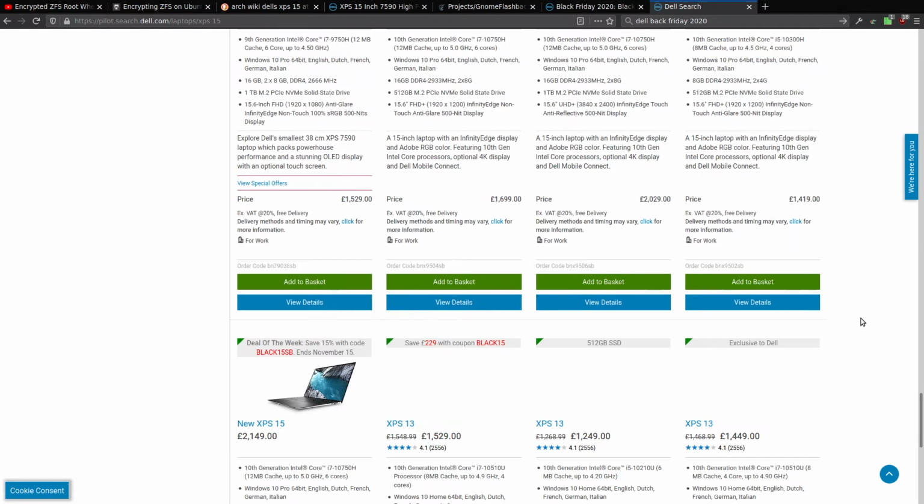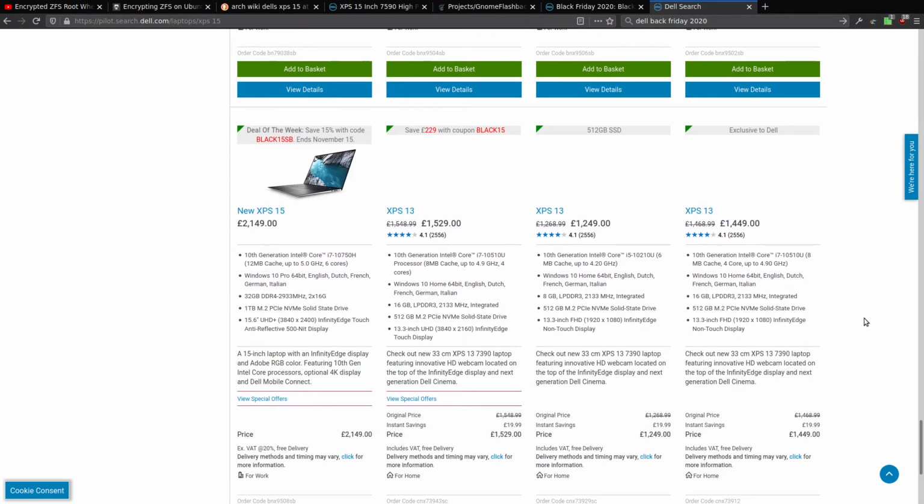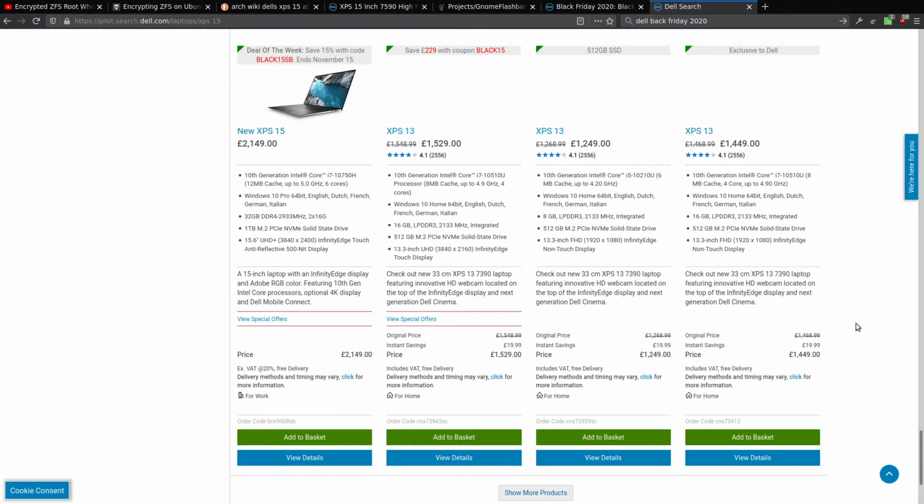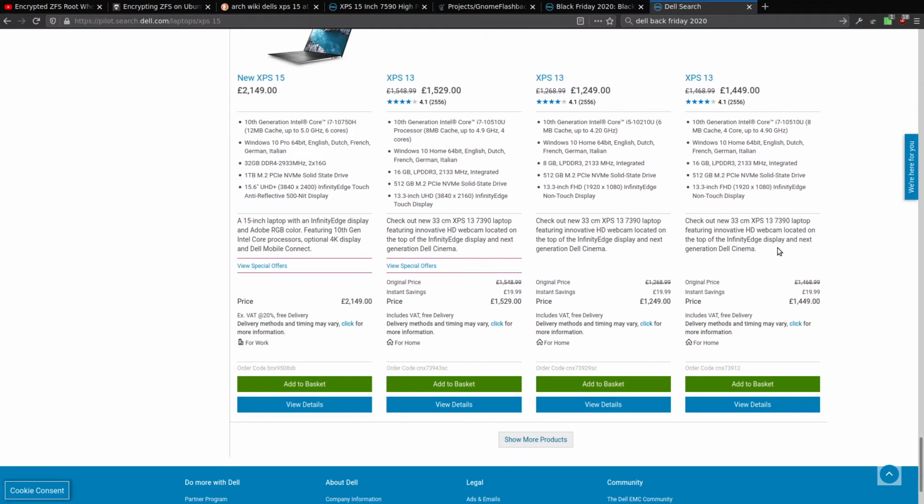Yeah, but down here somewhere there was one for 1500 with a 1 terabyte drive. See, these ones are all 512. They may have actually run out of the 1 terabyte drive ones, but you can still get a 16 gig